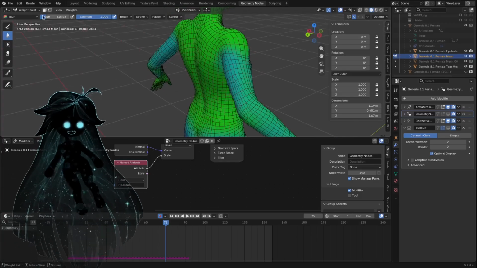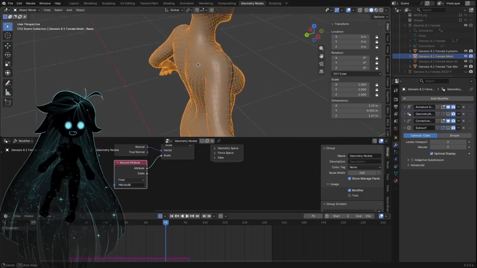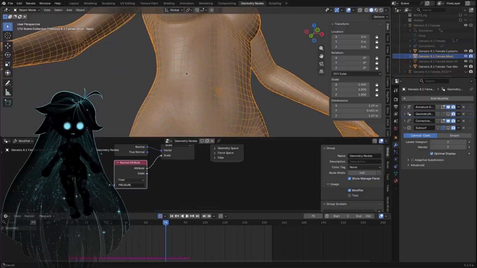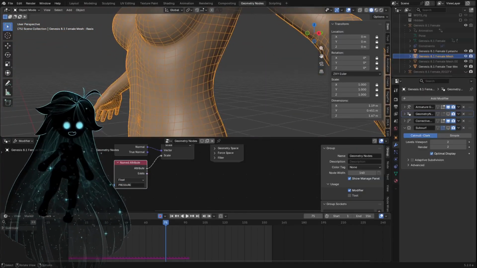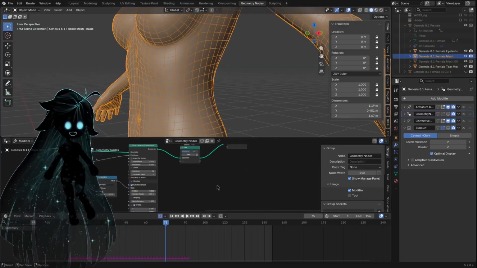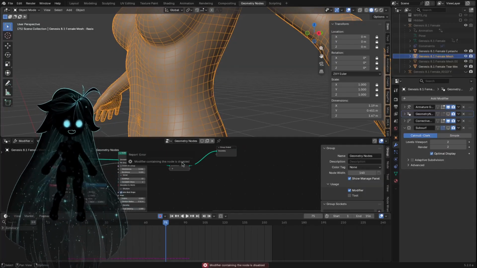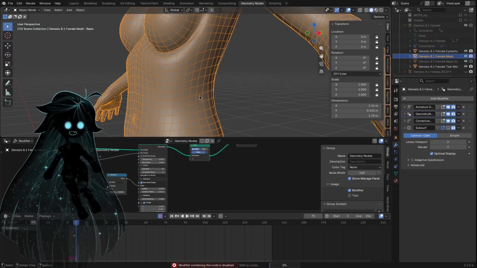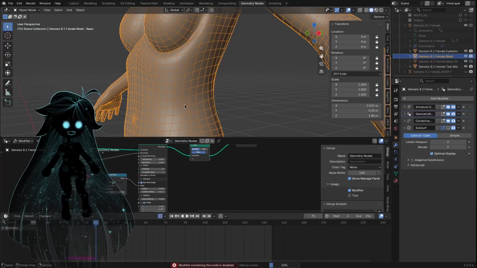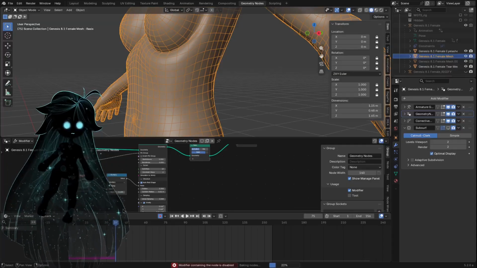The more pressure you add, the more each face or each vertex is going to try to push out. So if we delete this and bake again, you're going to see that everything is going to be floppy again, and that is because